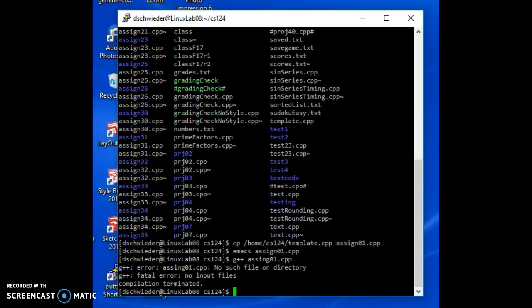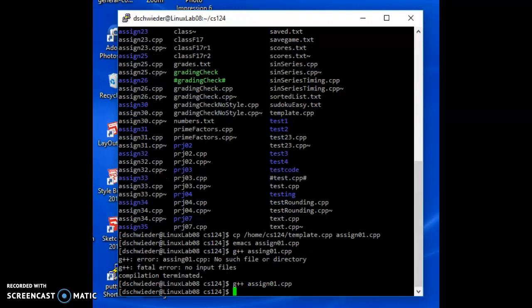Oops. What did I call it? Oh, assign. g++ assign 01.cpp. Okay. a.out. We'll run it.